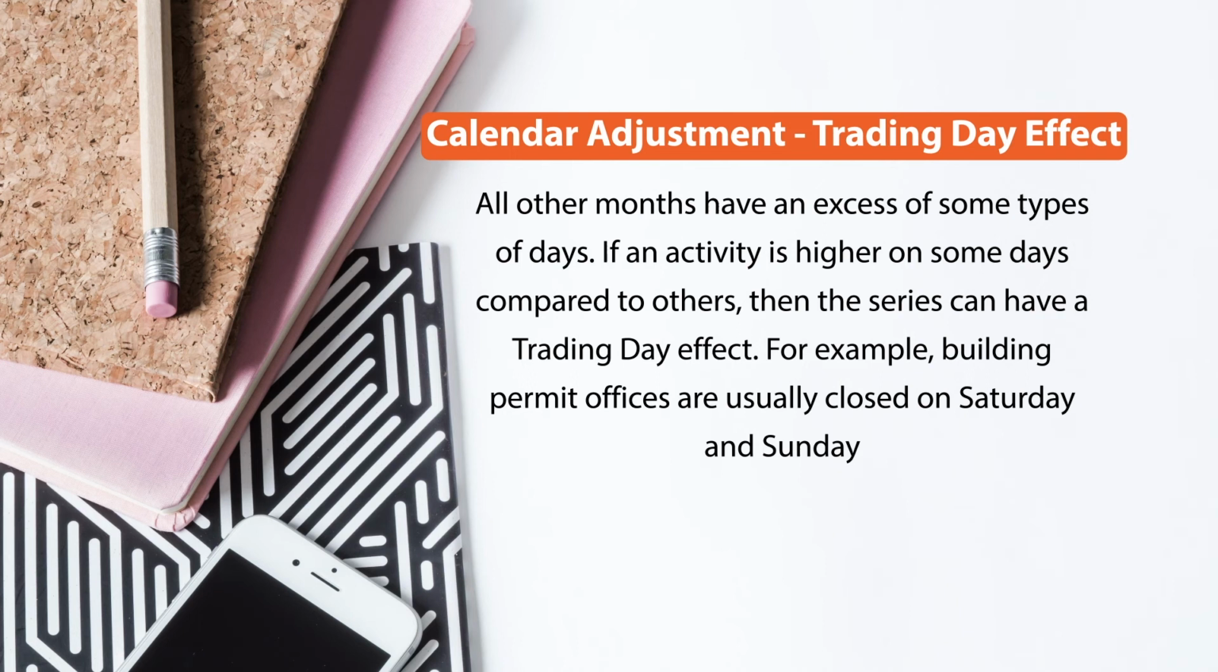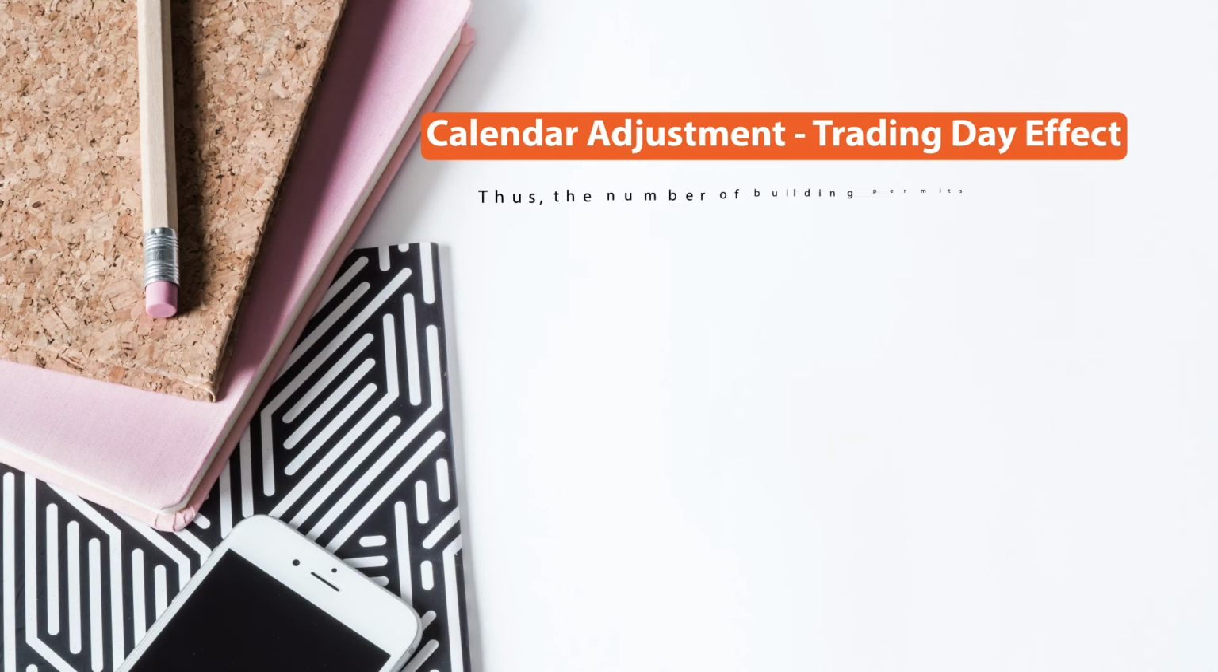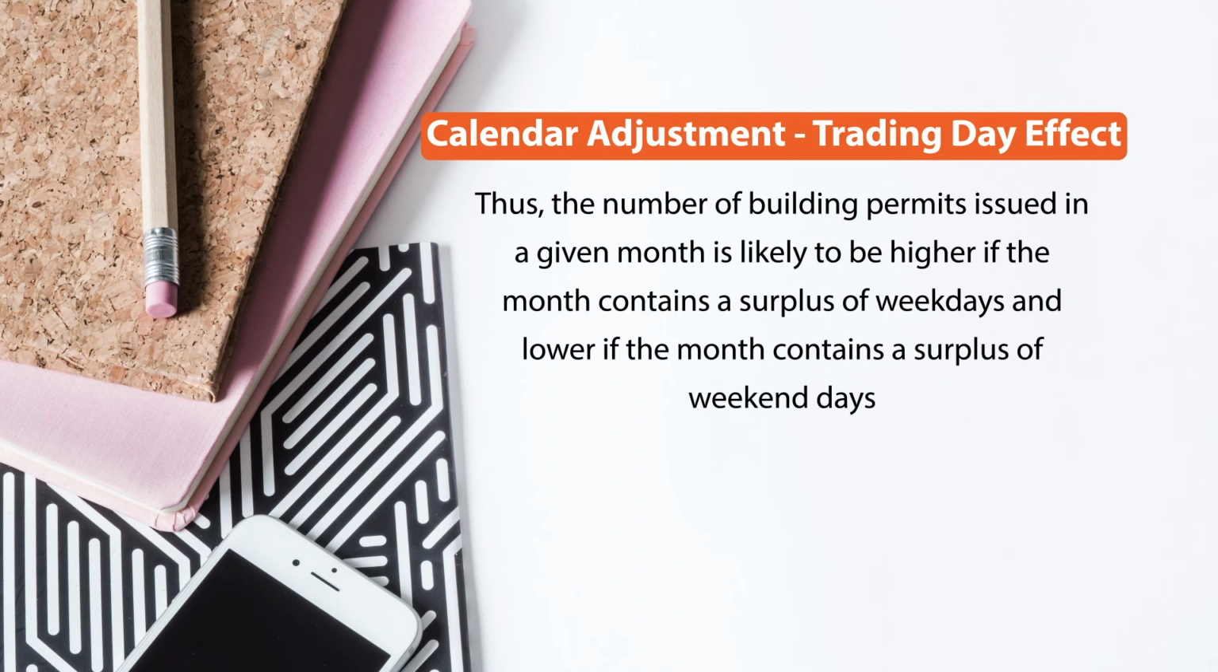So if an activity is higher on some days compared to others, then the series can have a trading day effect. For example, building permit offices are usually closed on Saturday and Sunday. Thus, the number of building permits issued in a given month is likely to be higher if the month contains a surplus of weekdays, and lower if the month contains a surplus of weekend days. So calendar adjustment